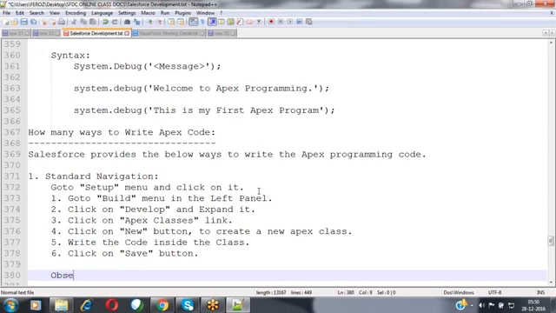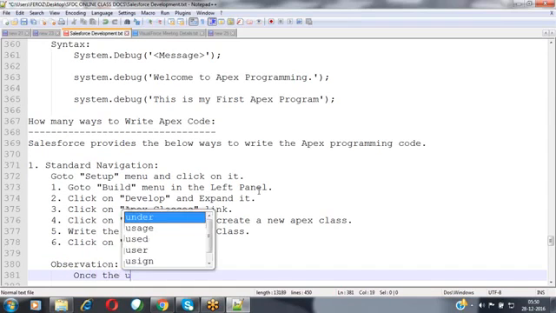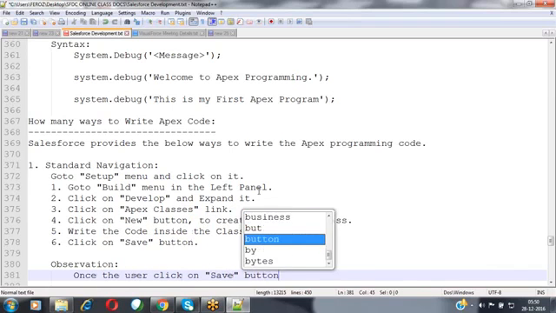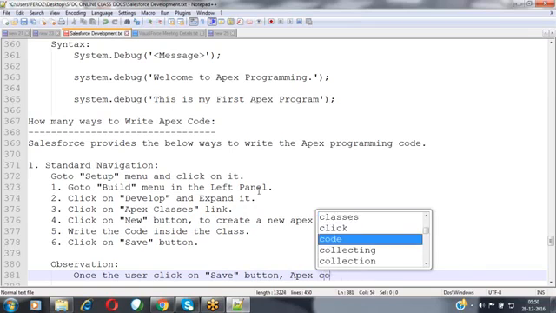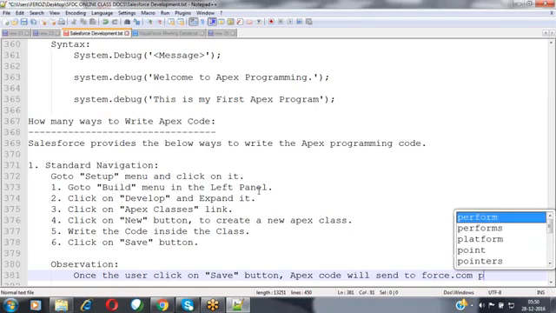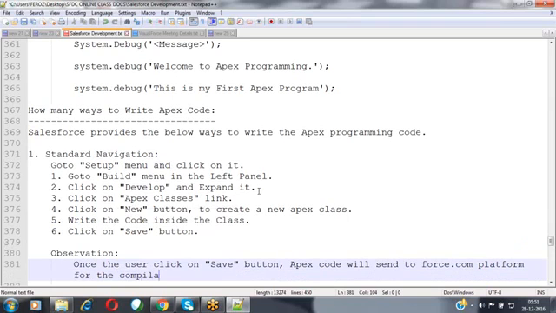Now, the observation. Once the user clicks on the save button, the Apex code will be sent to the force.com platform for compilation.